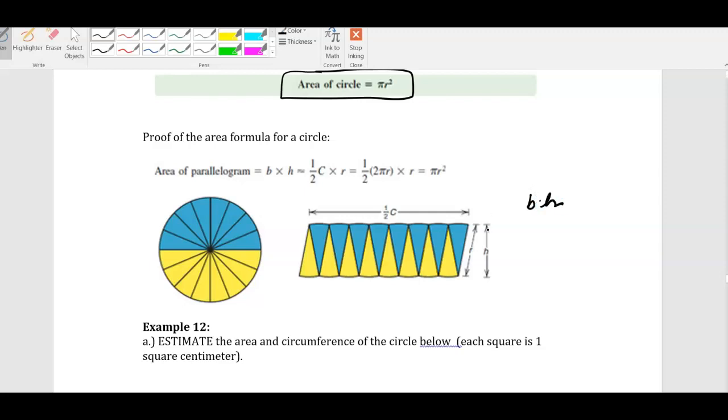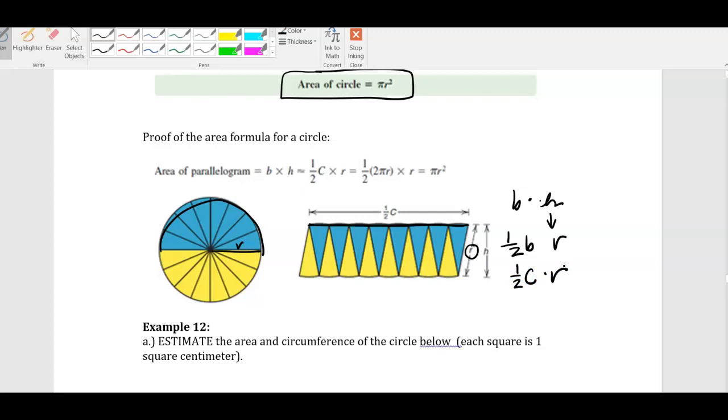So the height of this parallelogram happens to be just the radius, and then the base is just half of the circumference, because if you can see here, it's just the blue pieces, so that would be half of the circle. So 1/2 of the base, or 1/2 circumference times r,